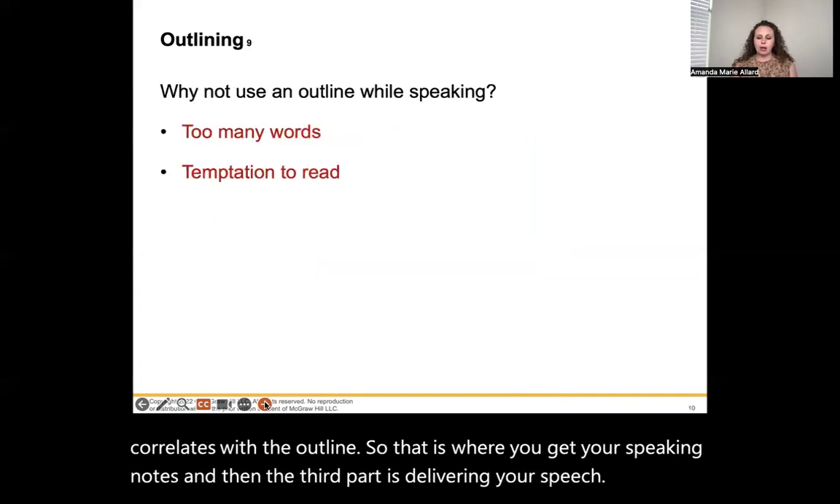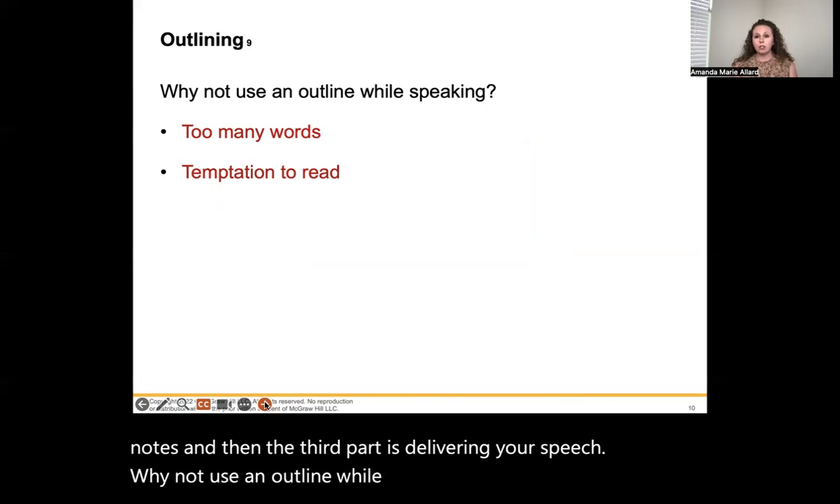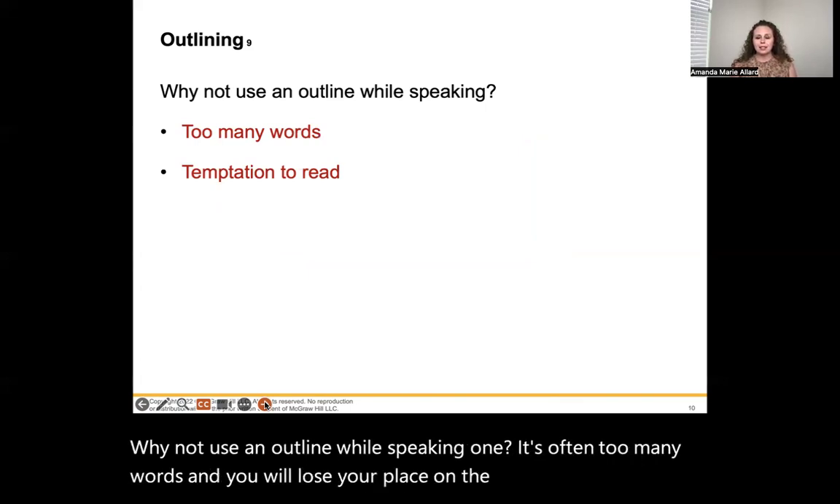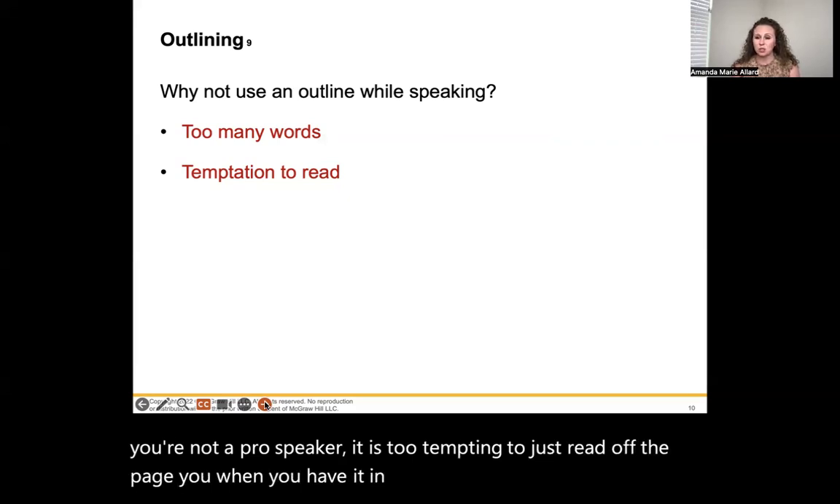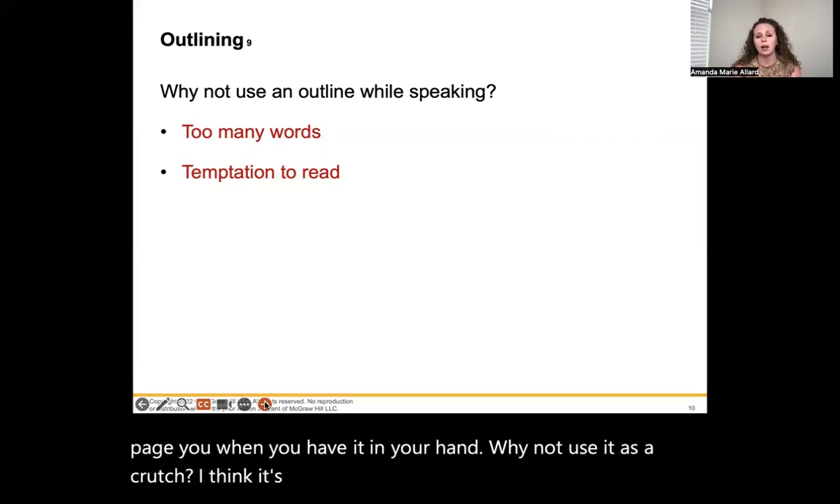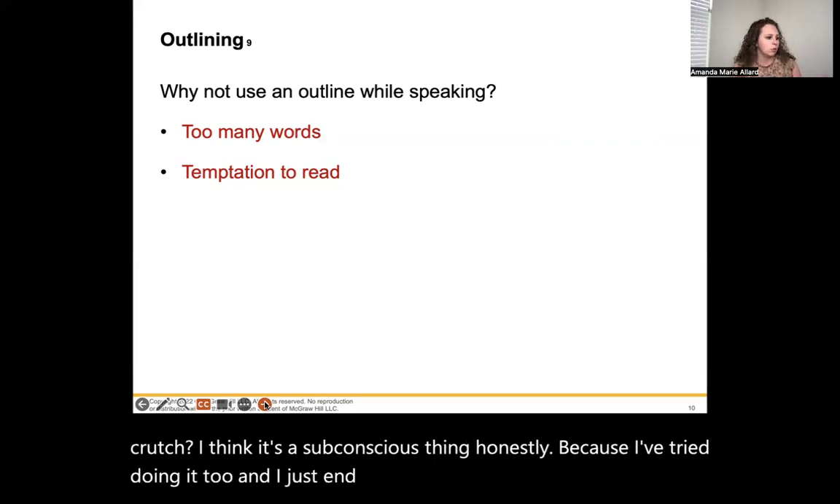Why not use an outline while speaking? 1, it's often too many words and you will lose your place on the page. Secondly, 2, if you're not a pro speaker, it is too tempting to just read off the page. When you have it in your hand, why not use it as a crutch? I think it's a subconscious thing, honestly, because I've tried doing it too, and I just end up using it